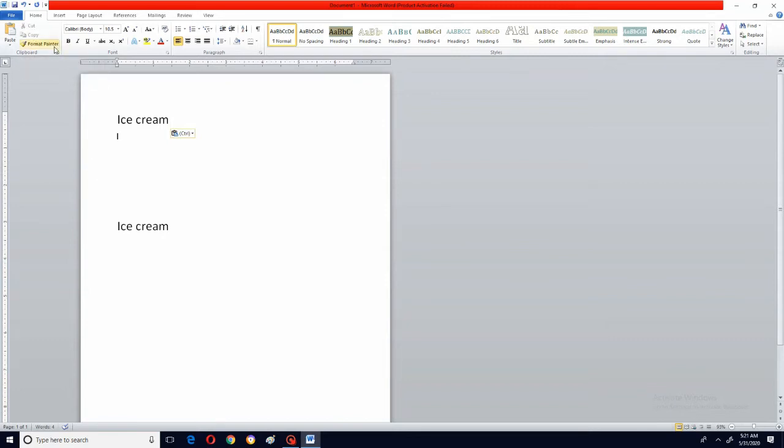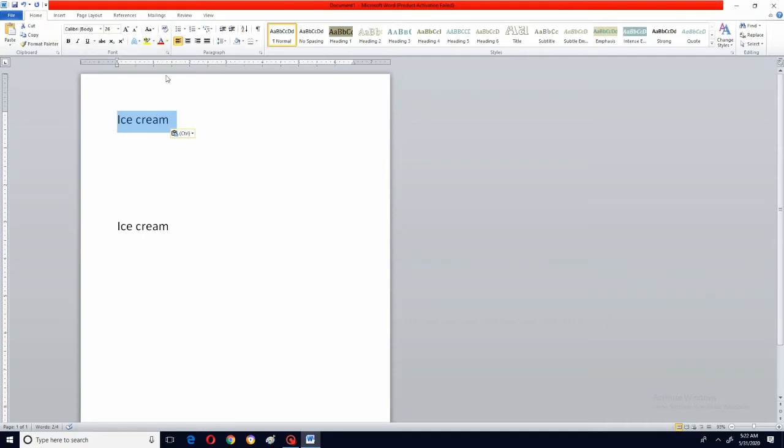Now format painter will copy the format of the particular thing which you are copying. For example, I'll take ice cream and make some changes to it, to make you understand what Format Painter is.